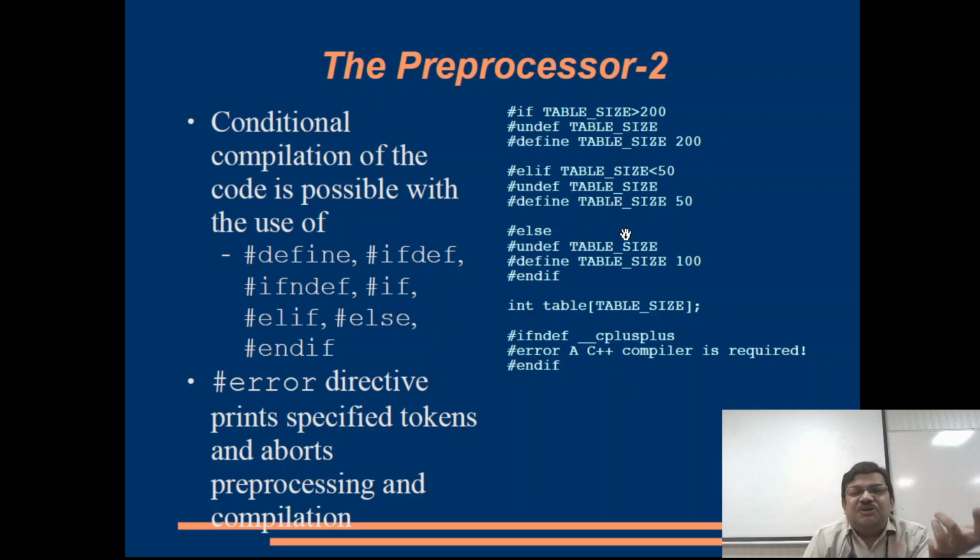Else, if it is outside this range, you again delink this table size from whatever value it was meant to represent earlier, and define it to have the value of 100 from this point onwards. And then this table size can be used to declare the array size. So table is declared to be an array of integer data type of size 100 in this case,